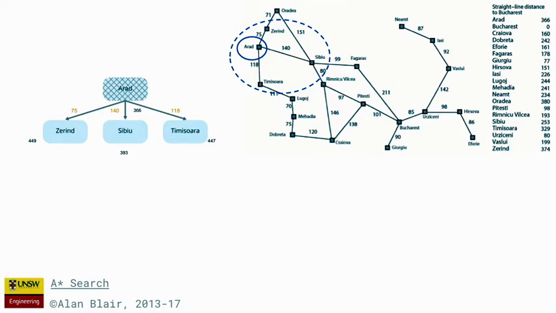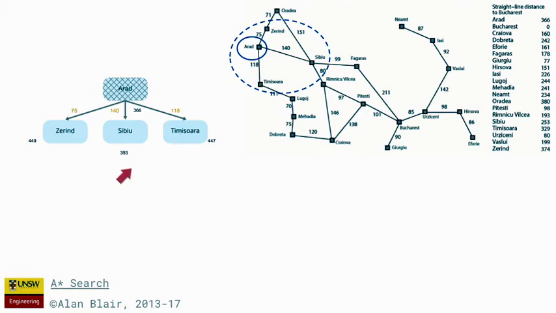If we go back to the problem of finding the shortest path from Arad to Bucharest using this map of Romania, we see that the straight line distance from Sibiu to Bucharest is 253, which, when added to the path length from Arad of 140, gives a total of 393. This value is smaller than 449 for Zerind or 447 for Timisoara, and so Sibiu is chosen as the next